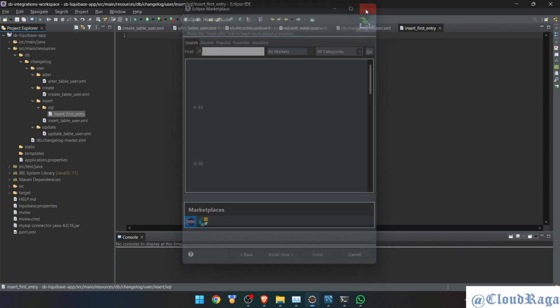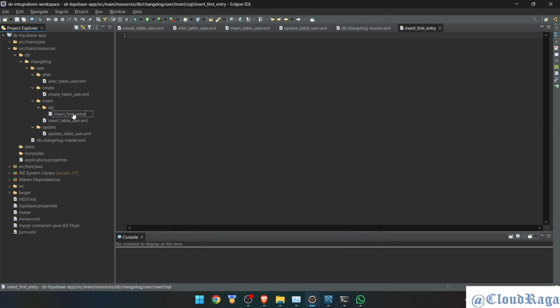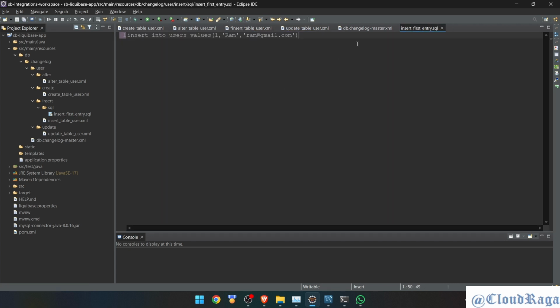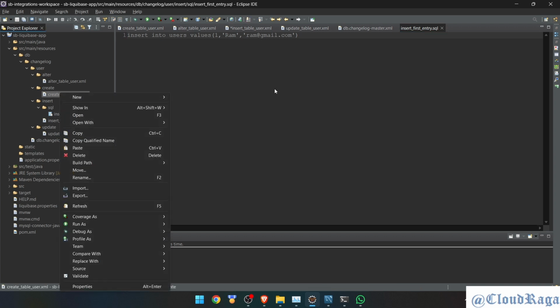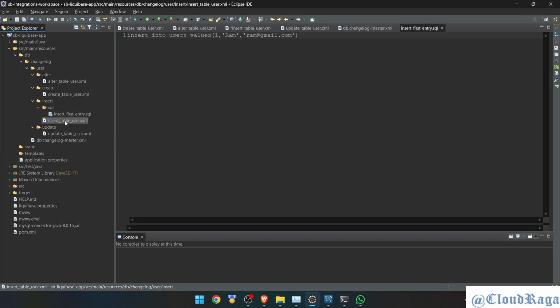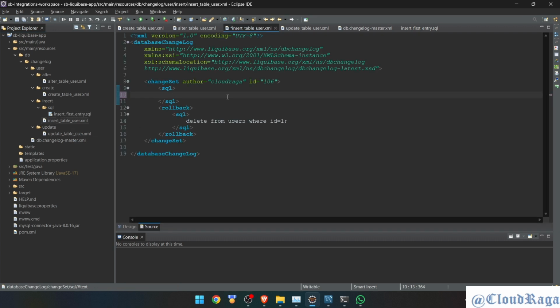I don't need this marketplace. Close, please. .sql and done. So it becomes a SQL file. And what I'll do, I'll move that SQL query from here. I'll cut it. Going back here, I'll paste it and I'll give its path. Okay, now watch it. So right click, I'll copy its path. Going back to its XML file, and here I'll say